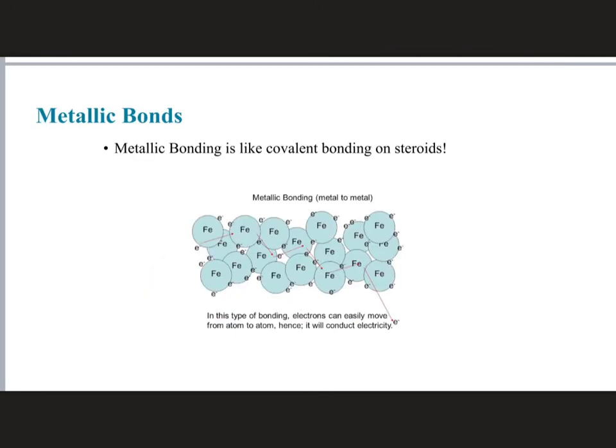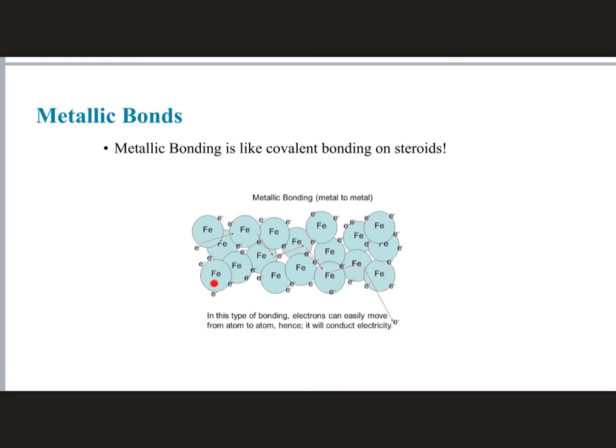Now we want to look at another kind of bonding, which is called metallic bonding. The things that people normally think of as metals, like gold and copper and aluminum, those are the kinds of atoms that engage in metallic bonding. And I have it written here that metallic bonding is like covalent bonding on steroids. Now, with a covalent bond, you have two atoms that are sharing an electron, or sharing multiple electrons. But with metallic bonding, all the